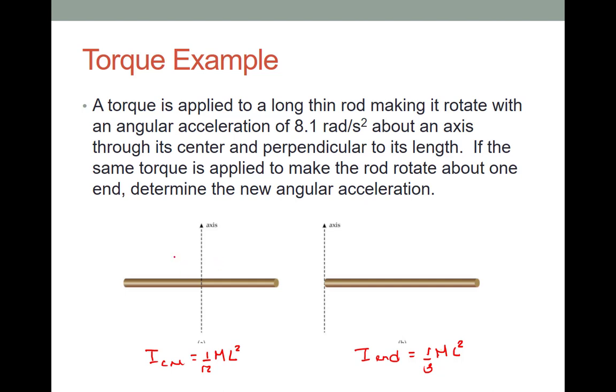We are also told that whatever torque is applied gives an angular acceleration of 8.1 radians per second squared. So the net torque about the center of mass will equal the moment of inertia about the center of mass multiplied by the angular acceleration for this case. We are told in the problem that the same torque was applied in both cases, so I'm going to call the torque about the center of mass just equal to the torque. The moment of inertia about the center of mass was 1/12 ml squared, and the angular acceleration in this case